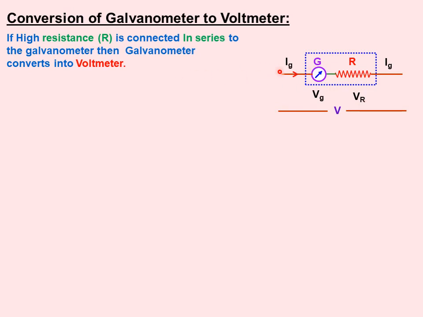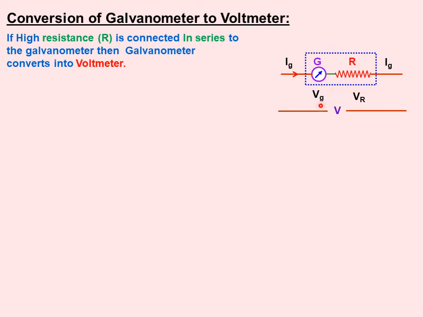So if you design the galvanometer in such a way that a high resistance is connected, what will this high resistance do? This high resistance cuts off the currents, means it opposes the currents, so we'll get the accurate potential difference across the two terminals of the galvanometer, that is we can measure only voltage or potential difference. So that is the basic reason why we are connecting high resistance. If you connect high resistance, then definitely the current will be blocked, then only we can measure voltage or potential difference, okay.